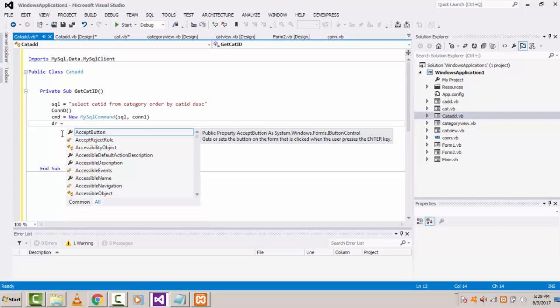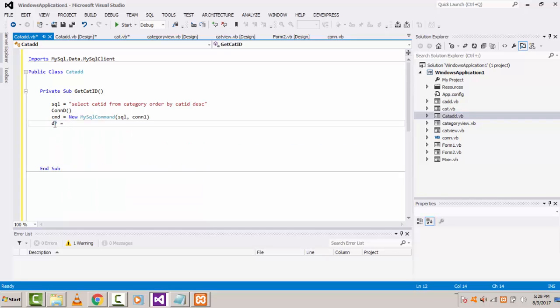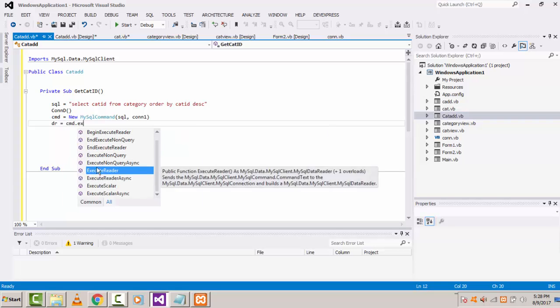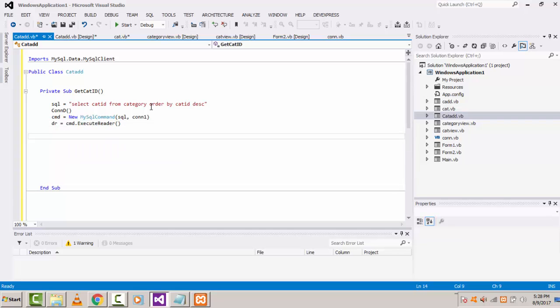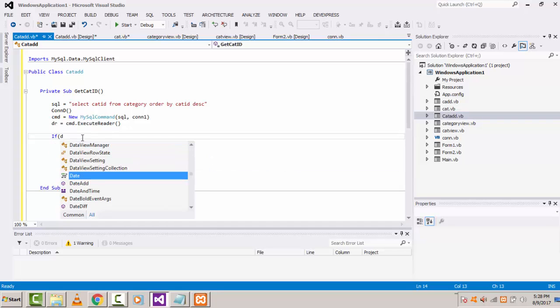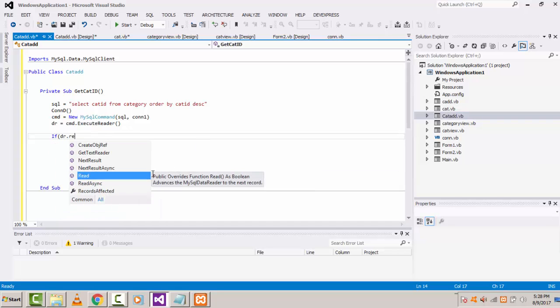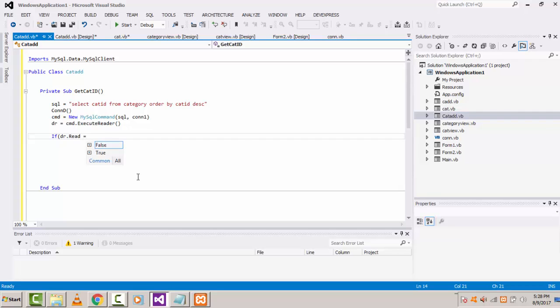I already wrote it in the module, so I'm calling the object only here. Here dr equals cmd dot ExecuteReader. ExecuteReader is a function, and it reads the rows. Now if dr dot Read equals true, meaning true here,